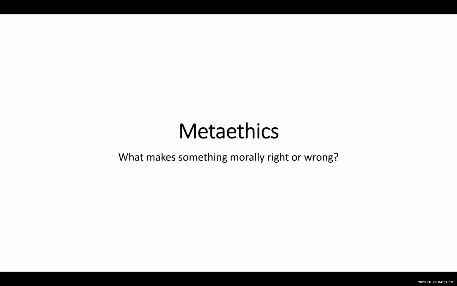Okay, so we have made it to chapter 7 in Nagel's little book titled What Does It All Mean? And this chapter is called Right and Wrong. But I think this chapter is really focused on what's known as metaethics. So I'll try to explain that for you here in a minute. But our main question is what makes something right or wrong?